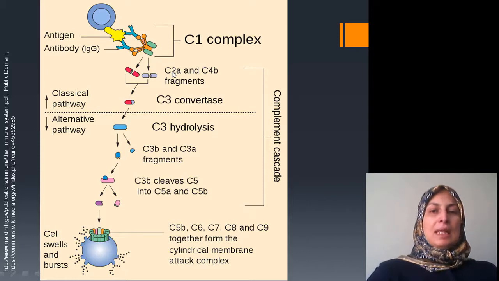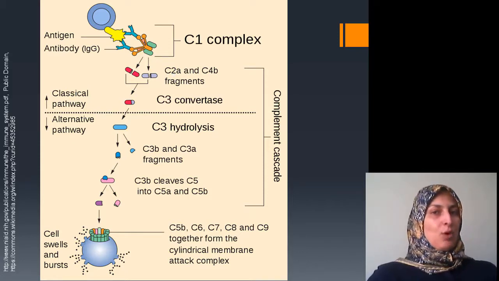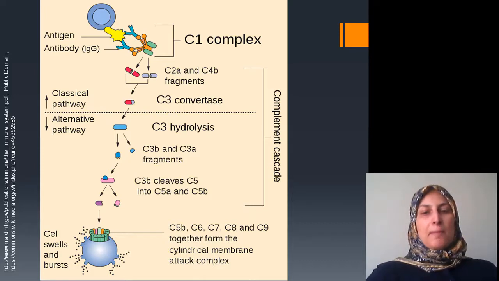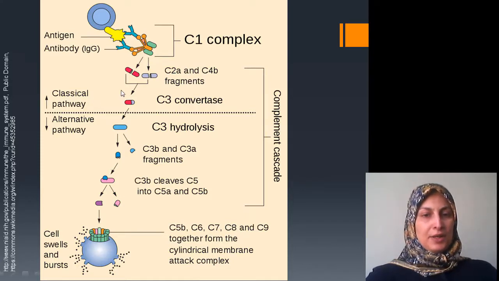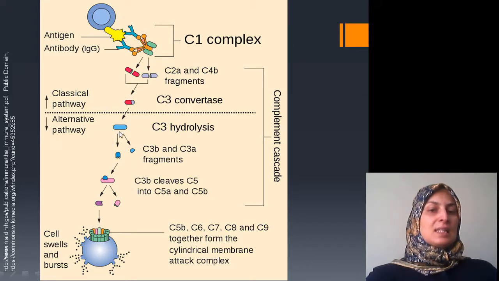Activation means cutting them into two pieces, a big one and a small one, the a and b parts. These parts, as we can see here, form a protein that would cut or activate the C3. So we call the C2a C4b complex C3 convertase because it converts or cuts the C3